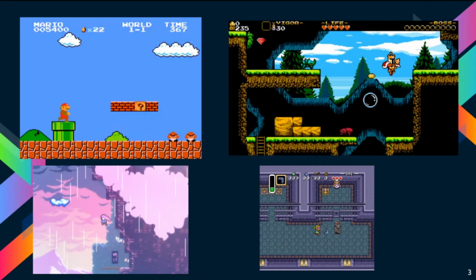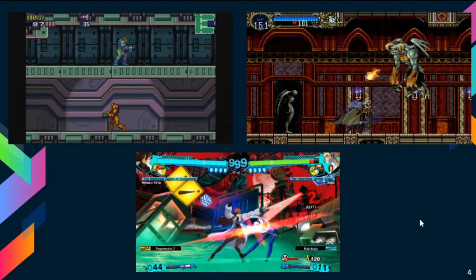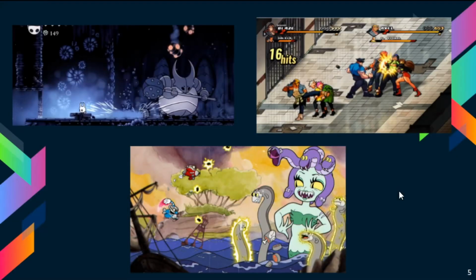We have some platformers. We have top-down. What's important to note here is that these ones are designed in 2D using 8-bit sprites, 16-bit sprites. And then here we have some other 2D games. Metroidvania is sort of the same thing as a side-scrolling platformer. And then we also have some fighting games, and these ones tend to have more detailed sprites. And then we also have some other 2D games, but rather than using pixelated sprites, these ones are hand drawn, which gives them a lot more detail.